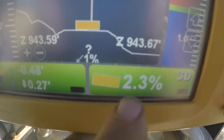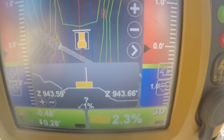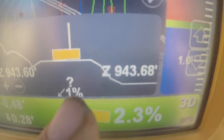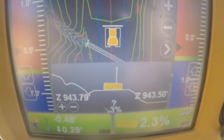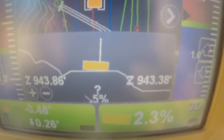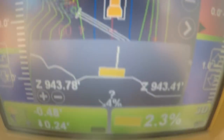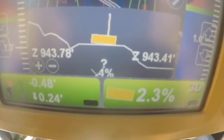But then here it's telling me this road has 2.3% slope off to the right, because the blade is leaning to the right. This is the actual slope of my blade at this current time, and I've just got it up in the air. But see, I can lean the blade and change that percent slope. Now, if I drive the dozer to the other side of the road, to the left side of the road, over here more, then this blade will pitch to the left, and there'll be 2.3% slope to the left side